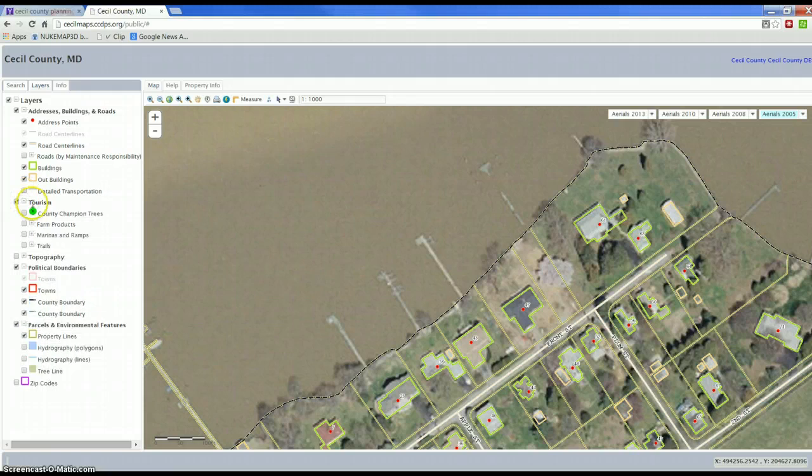If I click on tourism, I'm able to see data that relates to tourism. If I click on topography, I'm able to see elevations or contour lines, should I want that, municipal lines. These are things that you will have to kind of work with. There's just lots of options. Now let me back out